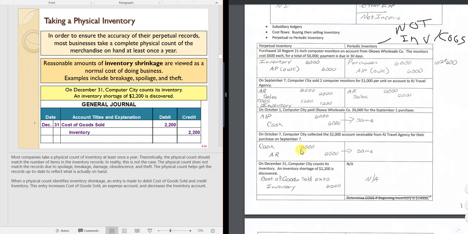But anyway, so remember the definition of an asset is a current or future benefit. So what we have to have on our balance sheet is the amount of current or future benefit we're going to get from inventory. So if our inventory has disappeared, we cannot leave it on the balance sheet. That's called fraud, because it would be saying we have inventory that we don't have. So what I need to do is go count it at year end and force it to its correct balance. So notice I've lost $2,200 of inventory, so hopefully I've got more than $4,800 of inventory on hand, and I didn't just start a business, because I would be really short. But anyway, so,